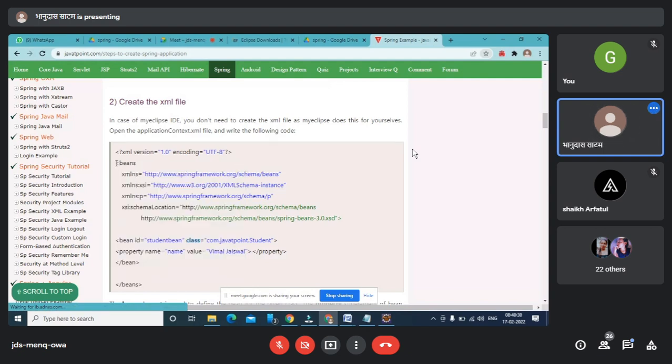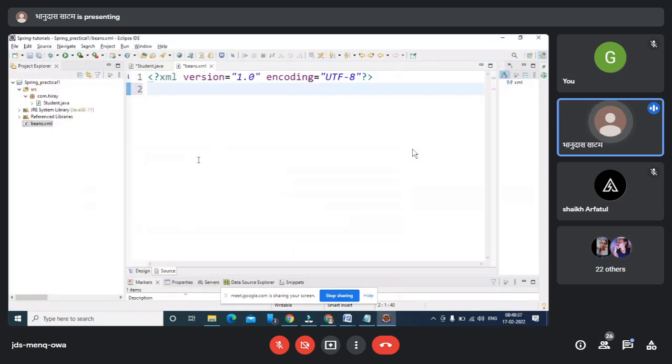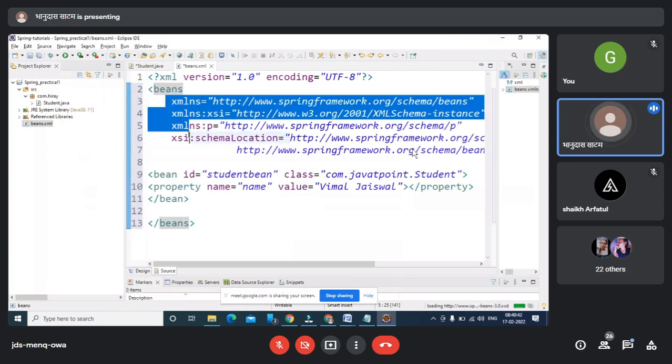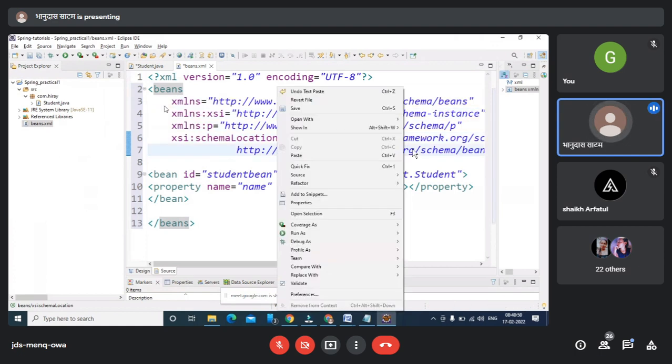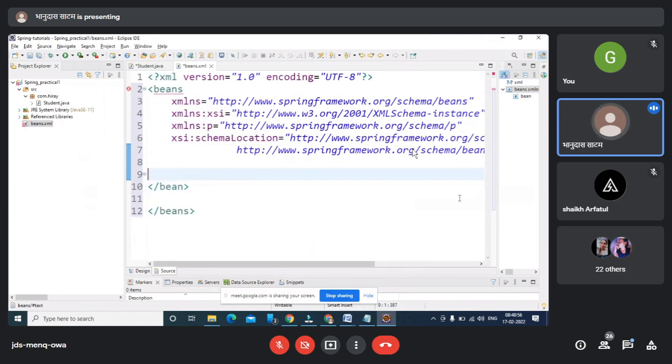Please keep in mind, once you install all those things, Spring will provide this library also. I don't have the library right now, so that is the reason I need to create all those things here. So I'm going to use the property and the bean here. This is my beans, and I'm going to create my beans. So this is my initial file.